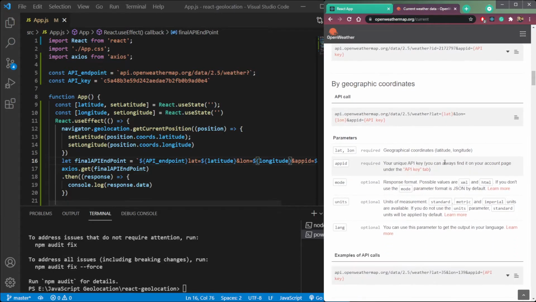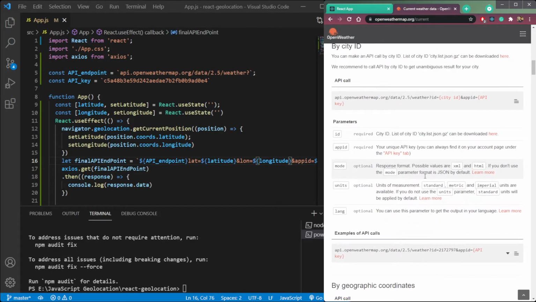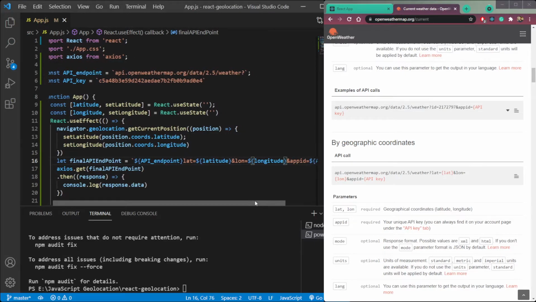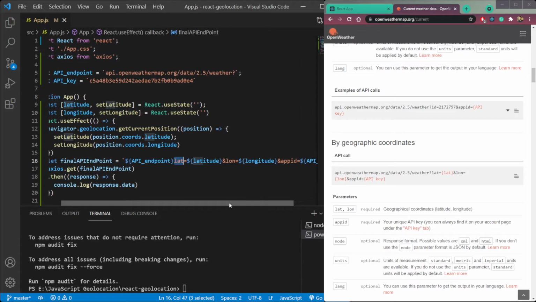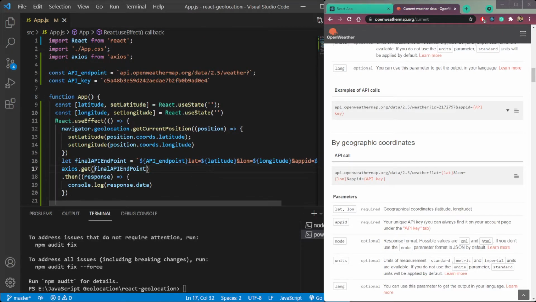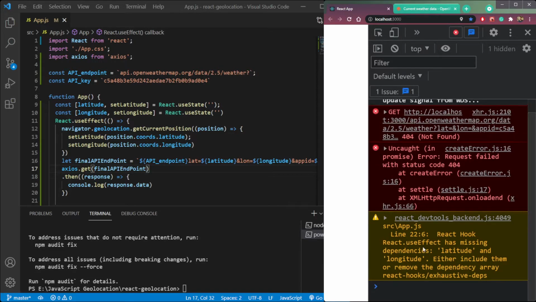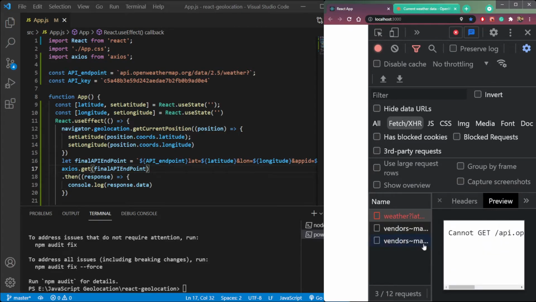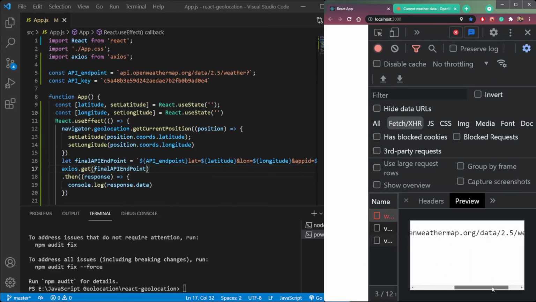So we have our API endpoint with a question mark, then lat, then lon, then app ID, but it's not working. So refresh the page and let's check now. Open the network again. What is the error here? Cannot get this API weather.